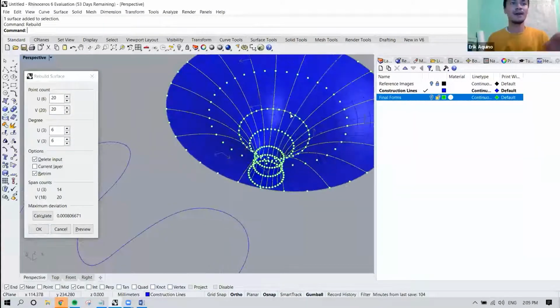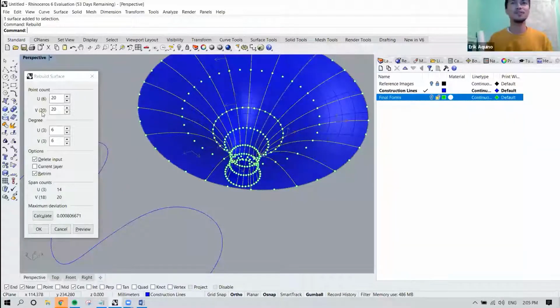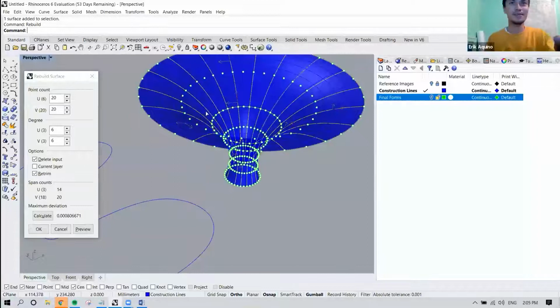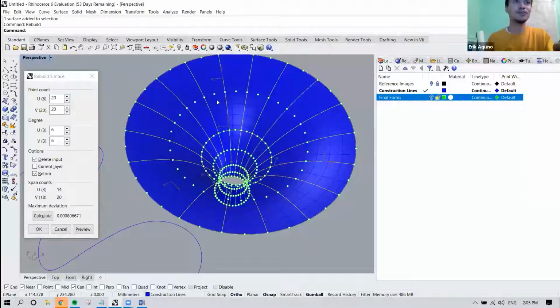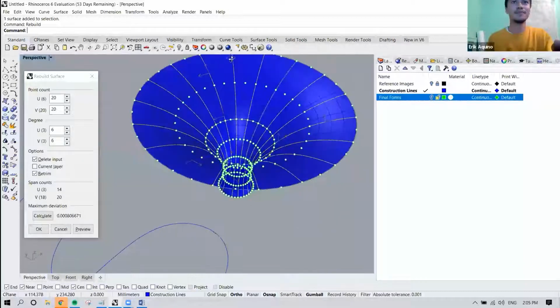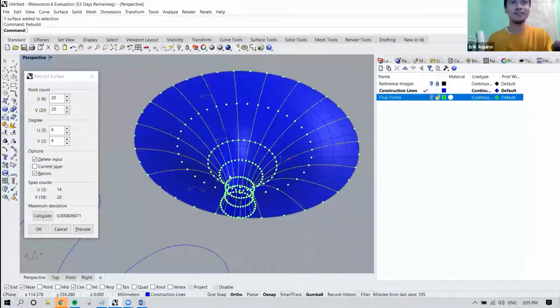And here, what U and V just means is the lines that are crossing each other on two axes. No, I could explain it better. You can divide your surfaces into various rectangular segments, and these are divided in two axes. So you have one that's called the U and then one that's called the V, and they're intersecting each other perpendicularly. So again, you can control point counts, so I can make it lower and it'll be smoother,